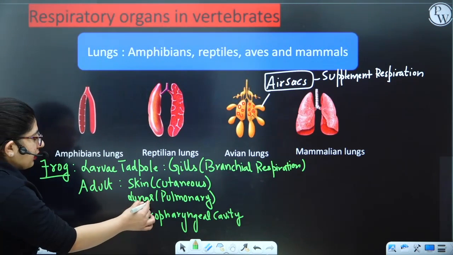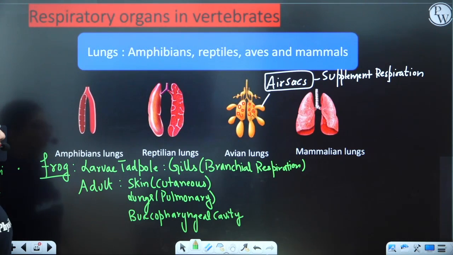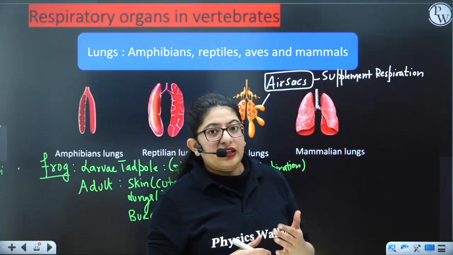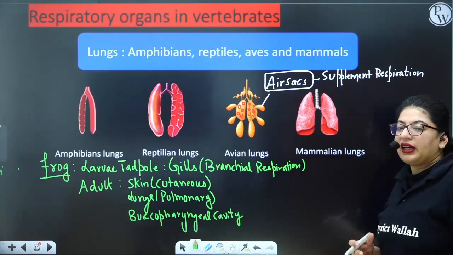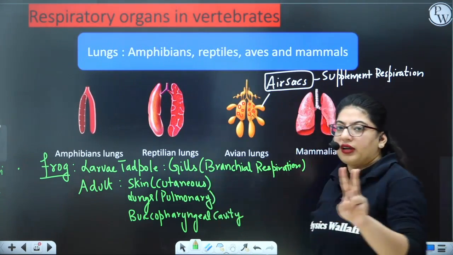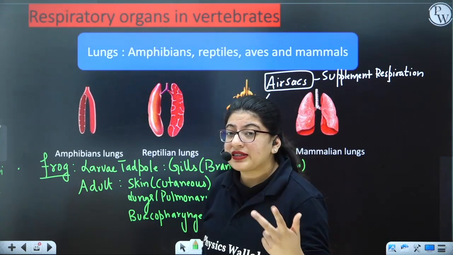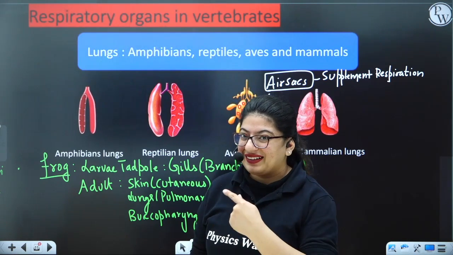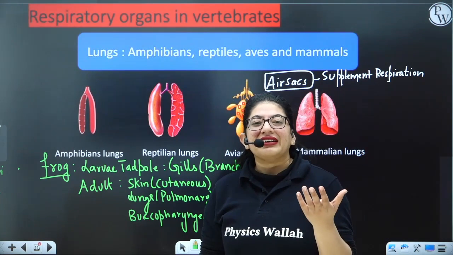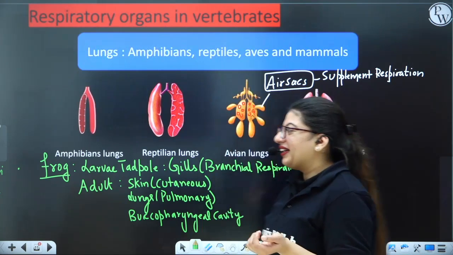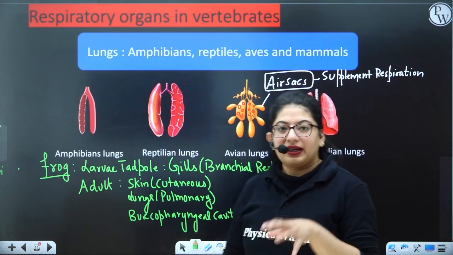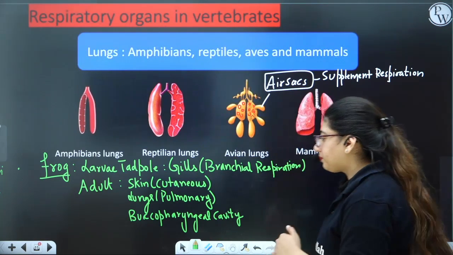So in the adult, these three are the means of respiration, and in the larva, gills. So the respiration that takes place through gill is bronchial, the one that takes place through lung is pulmonary, and the one that takes place through skin is cutaneous. Cutaneous, so we have done in two organisms. One was your earthworm, and the second one, your frog. You know, the frog used to do in the rainy season. Yes. All right. Okay. So these were the various respiratory organs in the invertebrates and in the vertebrates. Let's move further.